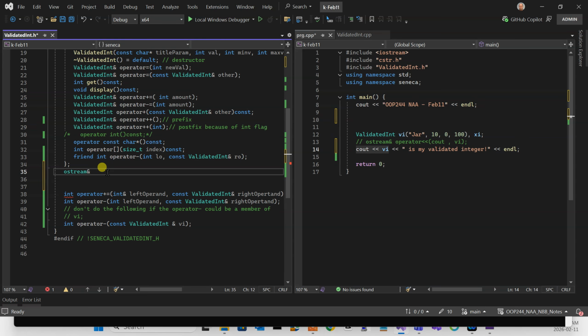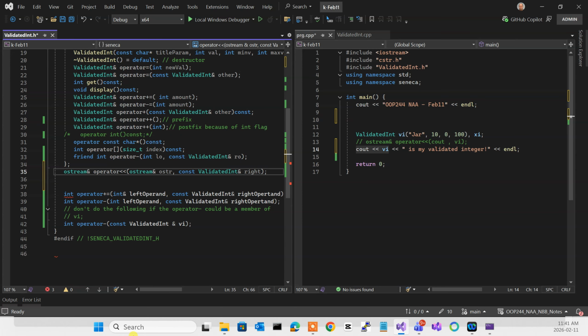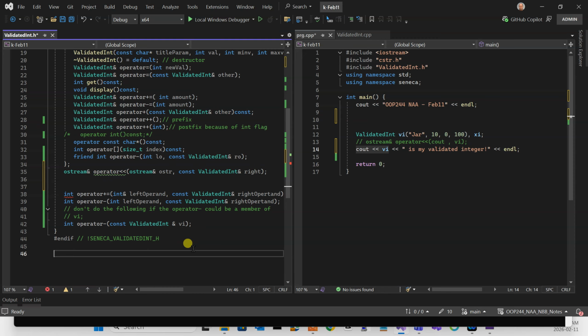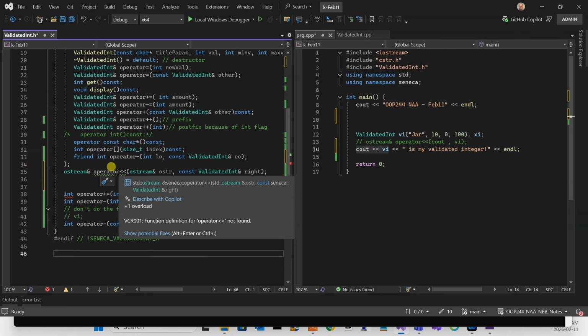Now, ostream, it's going to be operator insertion, ostream reference, ostr, name it something. That becomes the name of your cout. And at the right side, I have a constant. What is the name? Constant validated int reference, right operand. Correct? That is standard. For any class that wants to get inserted into ostream, you do this. And it's a helper, so